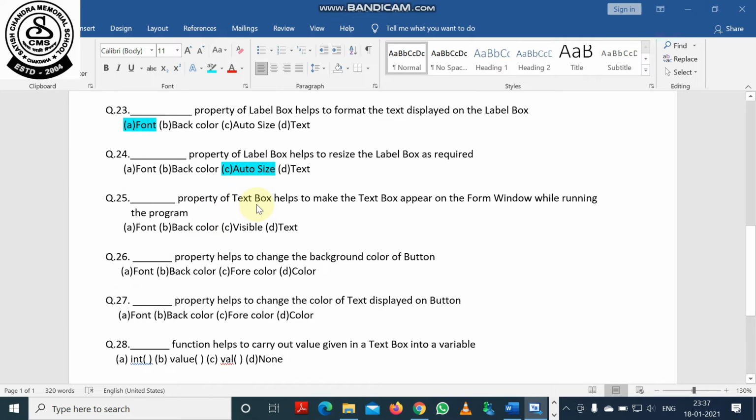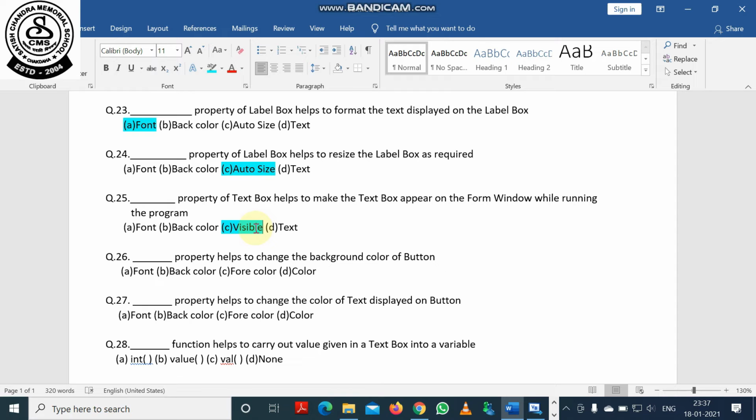So next question 25. Dash property of text box helps to make the text box appear on the form window while running the program. The answer will be visible. That means if visible is true and you are running the program, that toolbox will appear on the form. Again I'm telling, visible is the property of any kind of toolbox, like button, text box, label box.